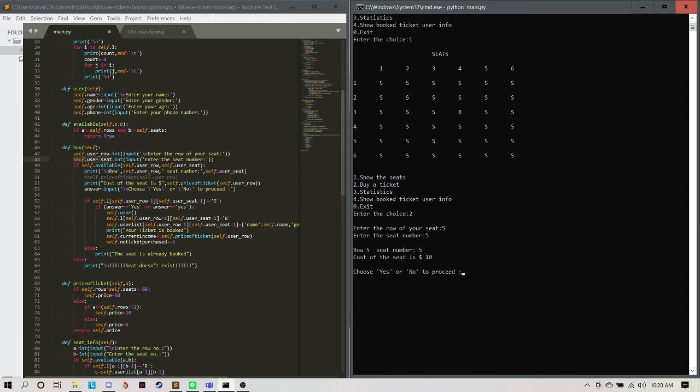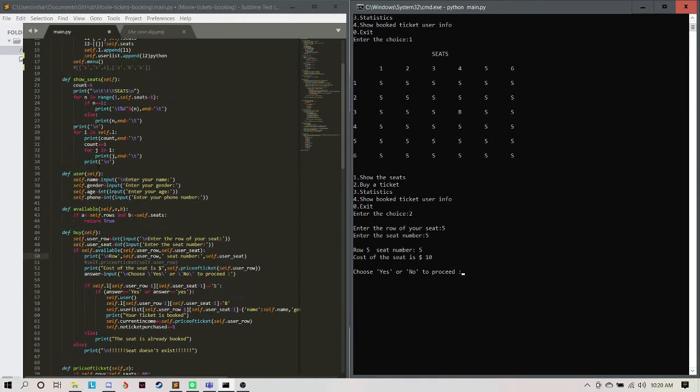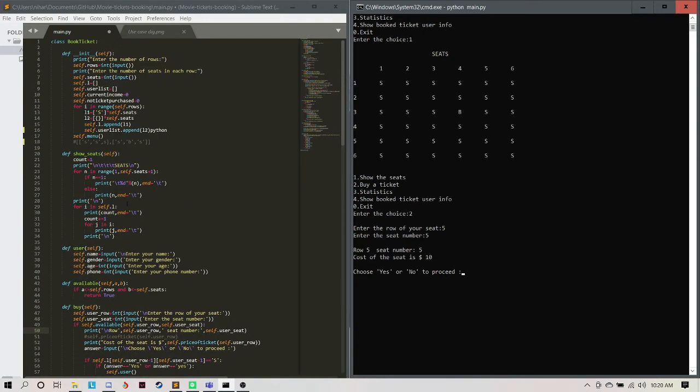Okay, now it turns to this part. The row is 5th and the seat is 5. Okay, the next part: what is the cost of the seat? The cost of the seat is $10. How does it show that? Okay, for the cost I have made another